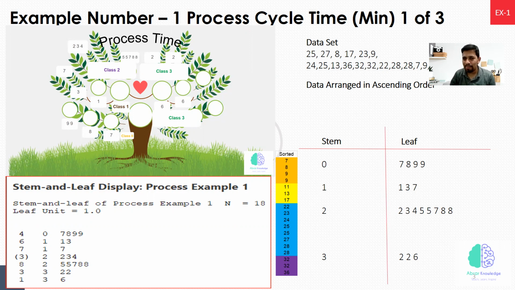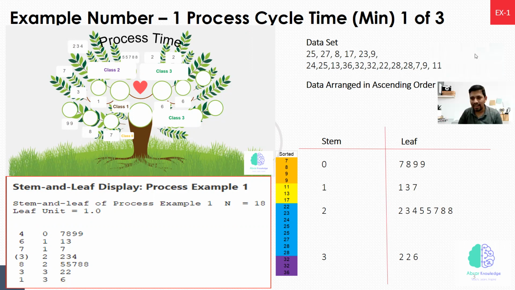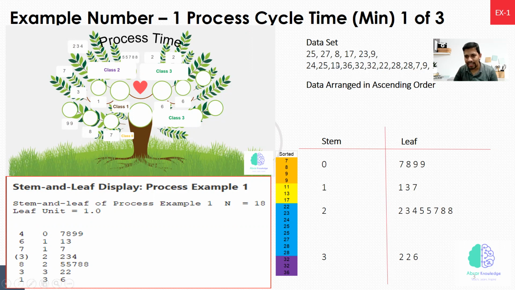So what technically happens is a very simple concept. Stem all these values. For example, in this particular example, the values between 0 to 9. So we have 7, we have 8, and 9 occurs 2 times. Just split down the data. The stem is 0 and the leaf is 7. That means we have 7, 8, 9, 9.